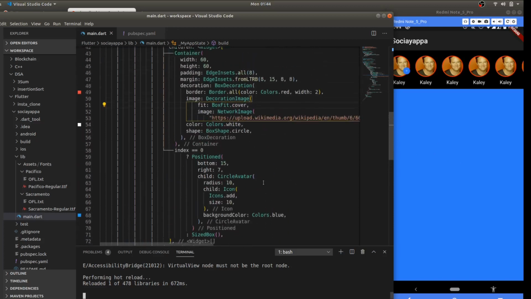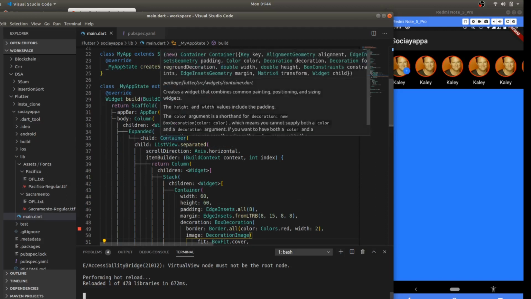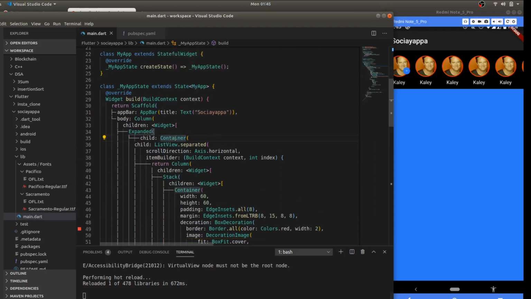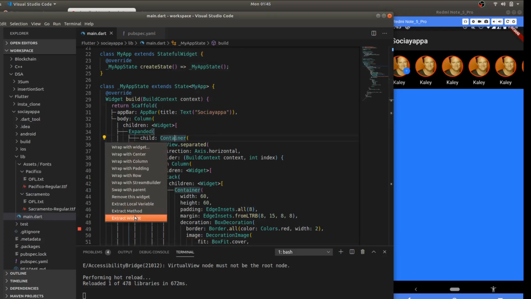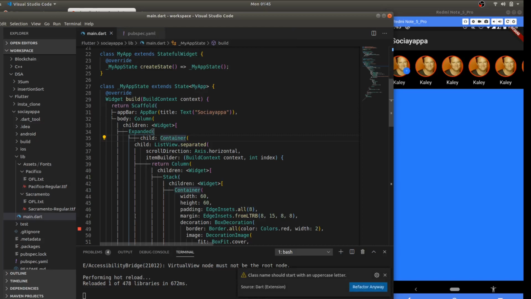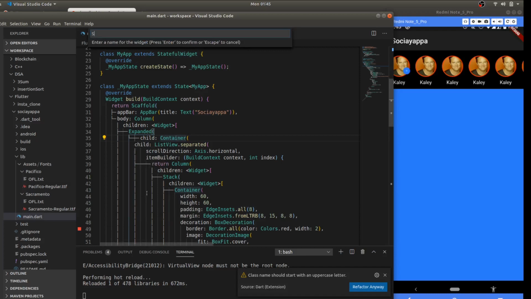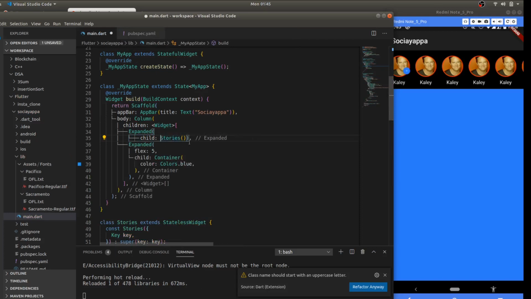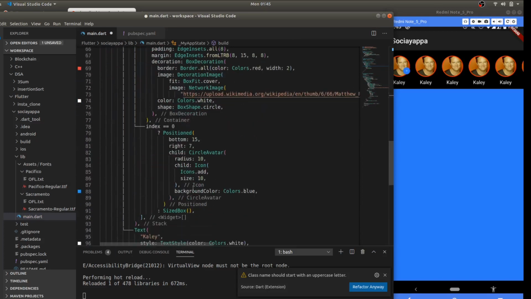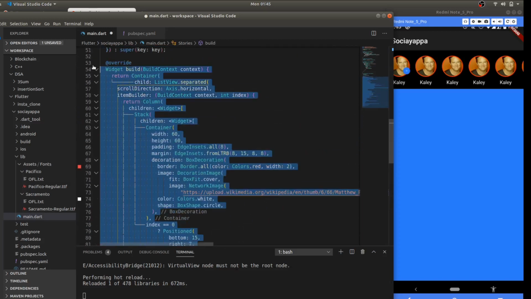So first thing I want to do is to remove this part of the code from here, and I'm gonna extract the whole of this code like this. You can click this extract widget option and it will ask you for a name, so I'm gonna give it the name Stories. Okay, it should start with a capital. And you'll realize we have got a widget over here named Stories, and the whole of our stories widget is down here. So I'm gonna copy the whole of it and